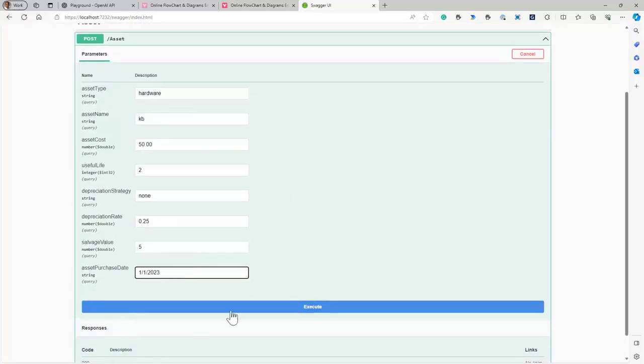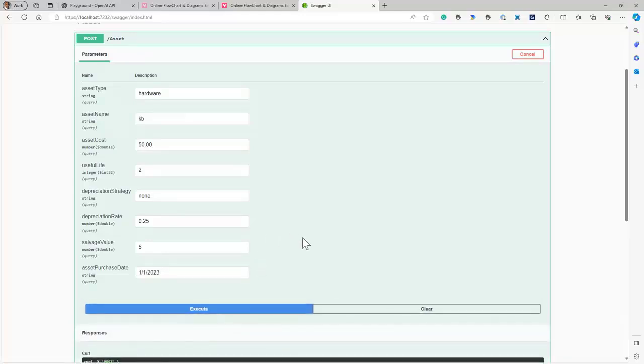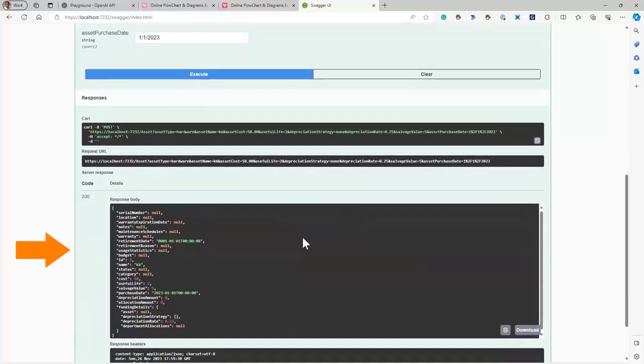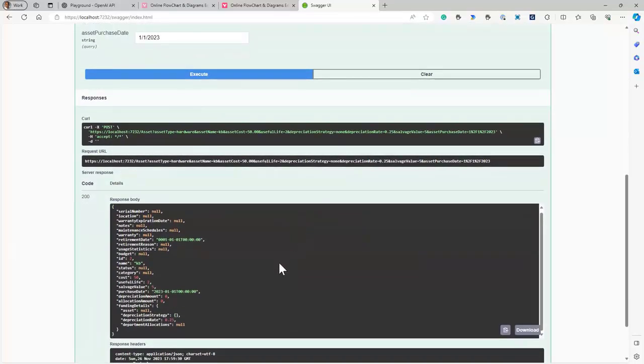Let's go ahead and execute. At this point, if we did everything correctly, including building the controller, we should return a 200, which we get. This means our asset was indeed added into our asset system. So this concludes this demonstration of using GitHub Copilot with Chat.